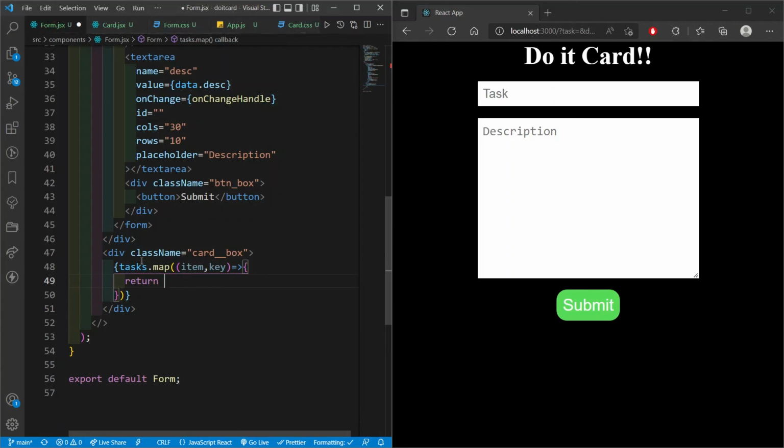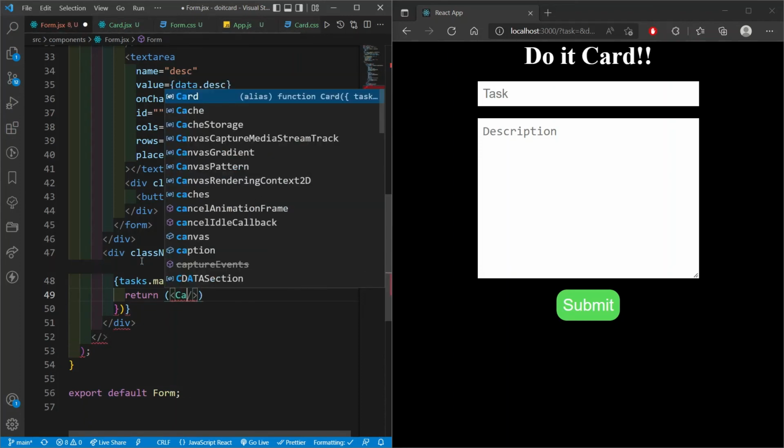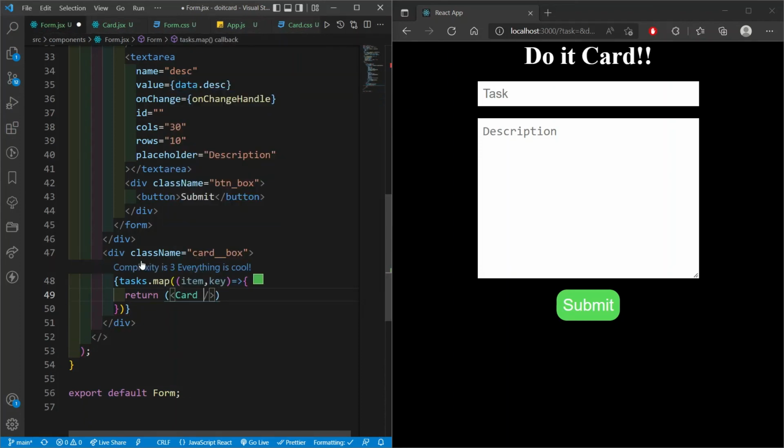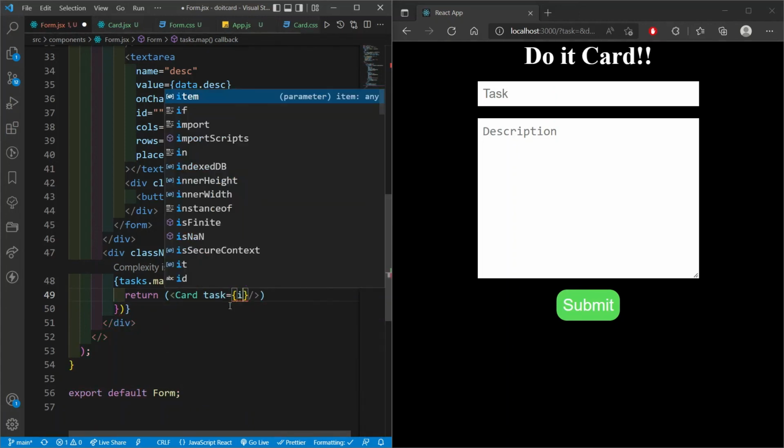Here type card because we are creating a card for every element in our tasks array. So here we have a task, and our task is going to be item dot task,